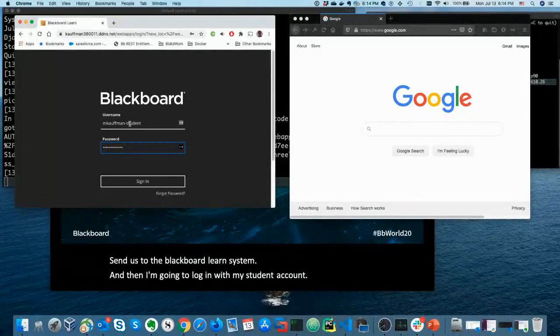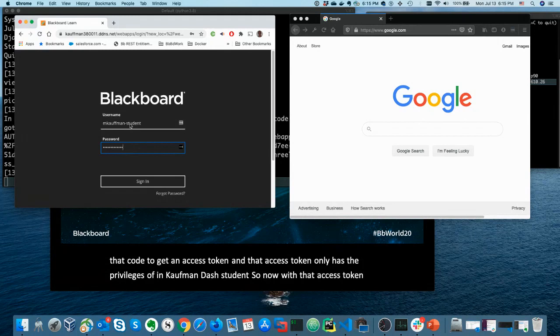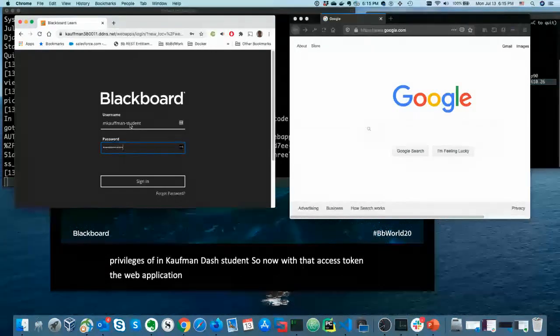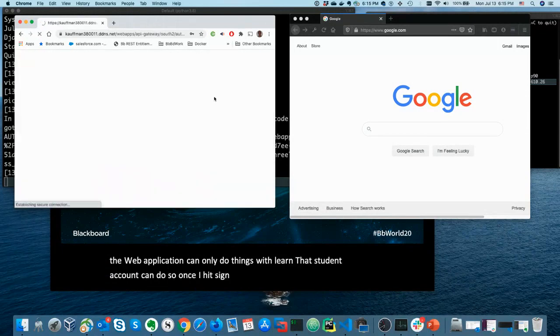Now what happens is I go back to my web application with a code, and then the web application uses that code to get an access token, and that access token only has the privileges of the student. So now with that access token, the web application can only do things with Learn that student account can do. So once I hit sign in,